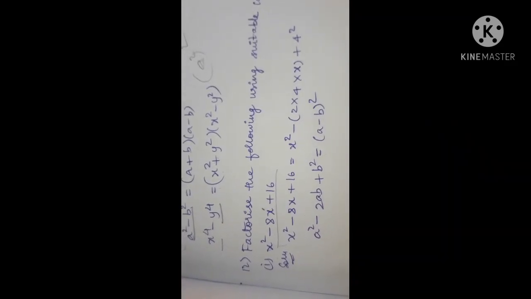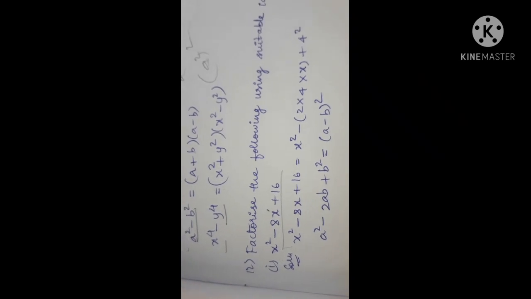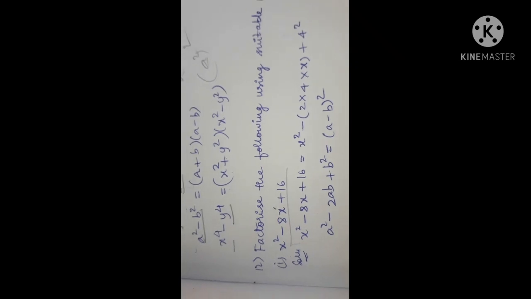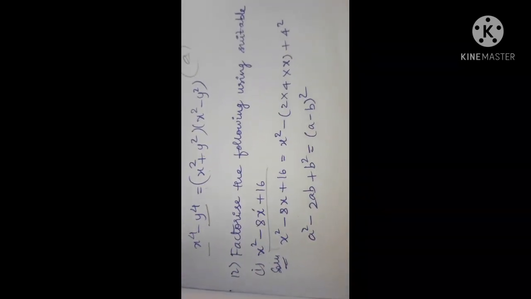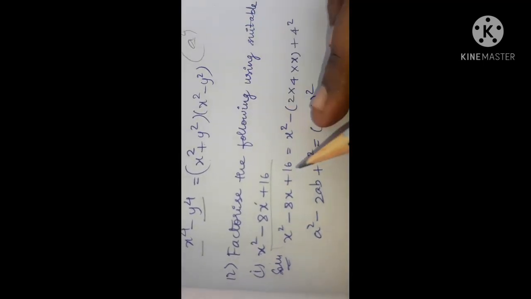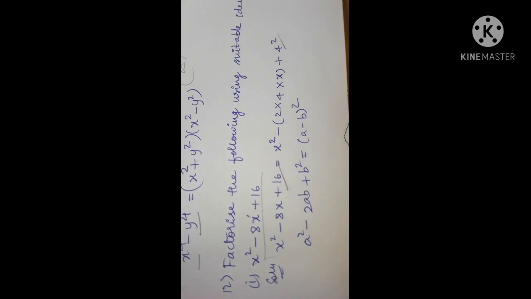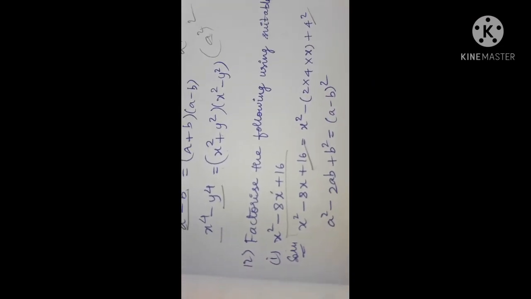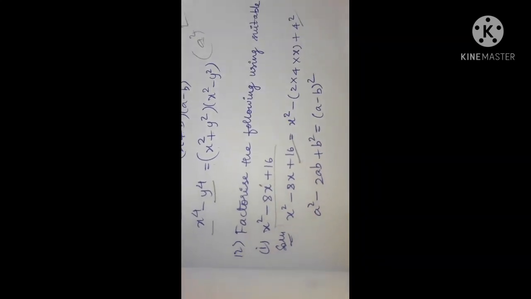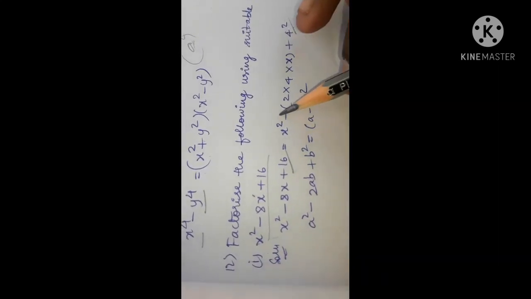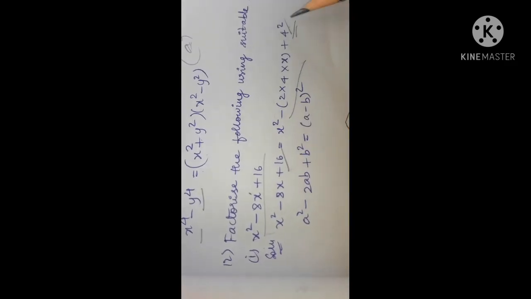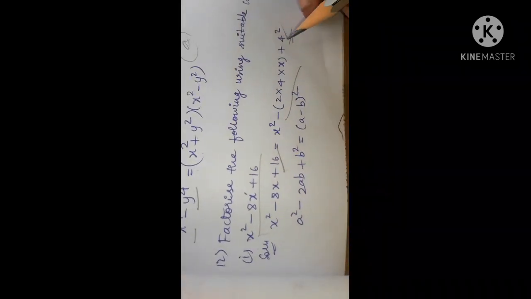So when you separate all these, x square minus 8x can be written as 2 into 4 into x plus 4 square, because before writing the middle term, you should first look at the last term of the expression. The last term is 16 here. 16 is a perfect square, and when you take the square root, you will get 4. You already know that, right? So before writing this, leave some gap and fill in the last term first. It is 4 square.